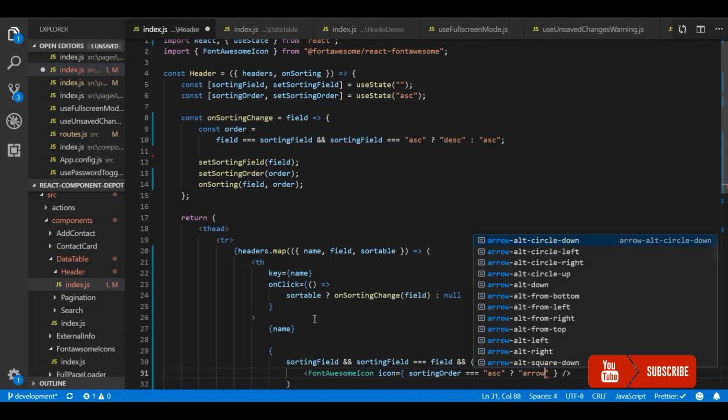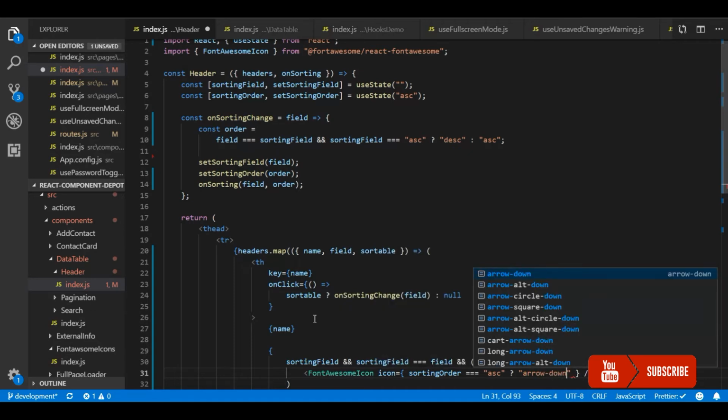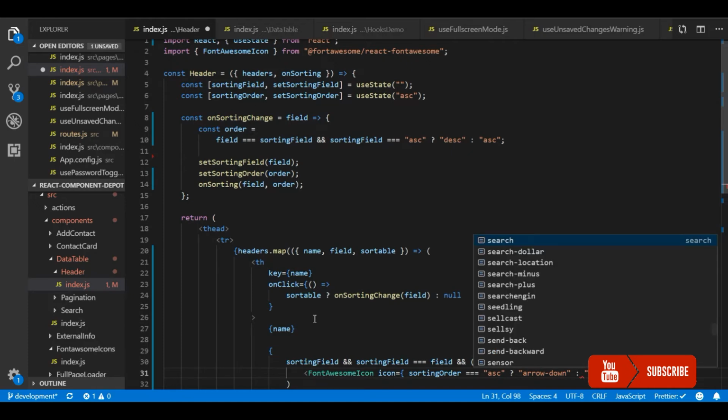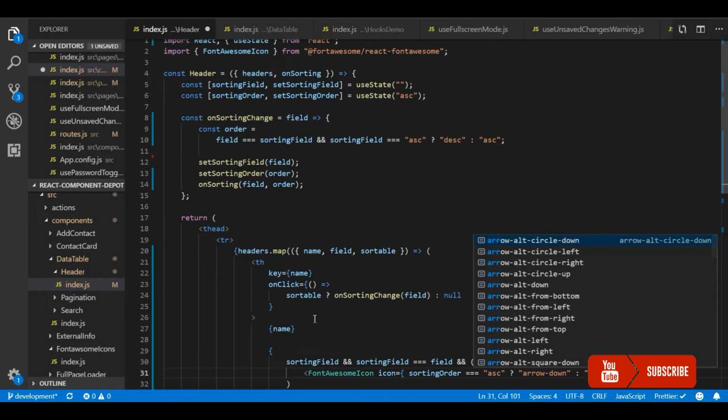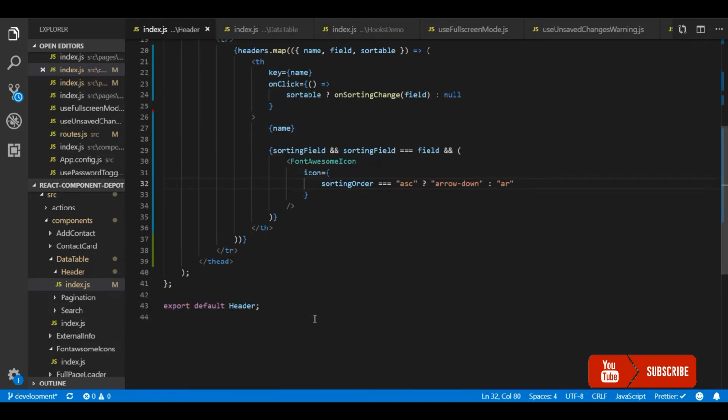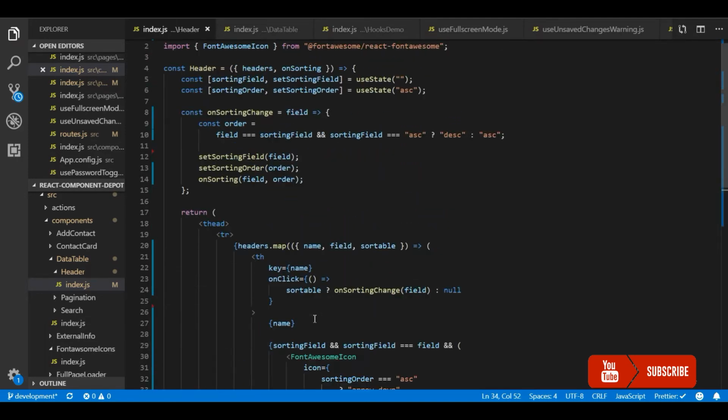If the sorting order is descending, we will render the arrow up. I have already imported and added this from the Phantasm library, so I can directly use the icons here. So almost our component is done for sorting.